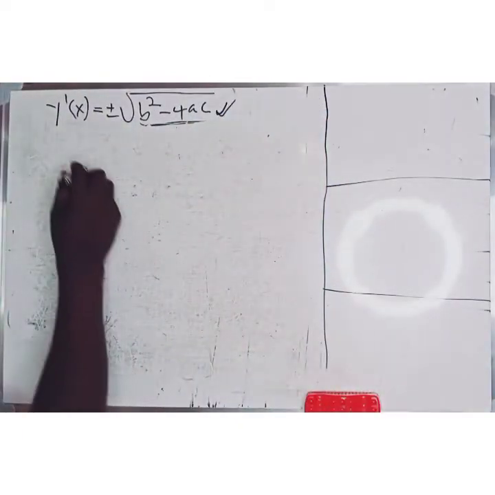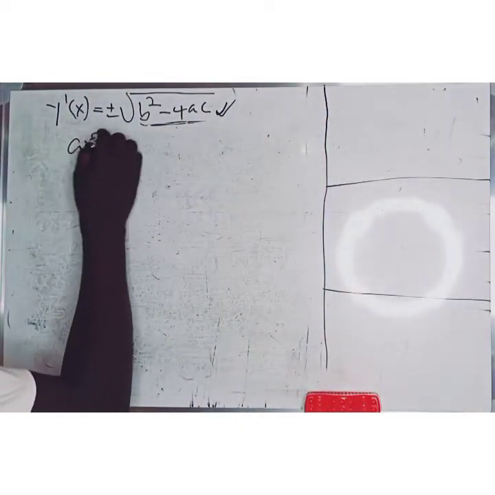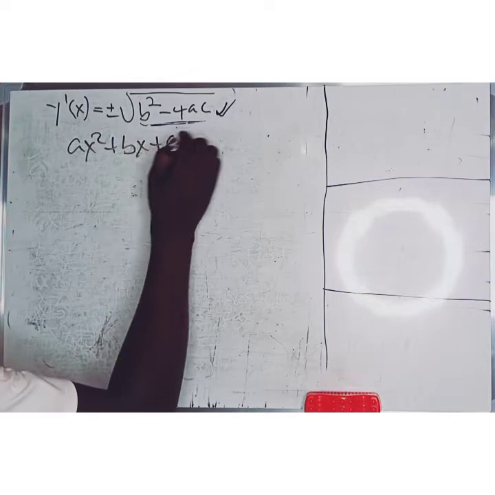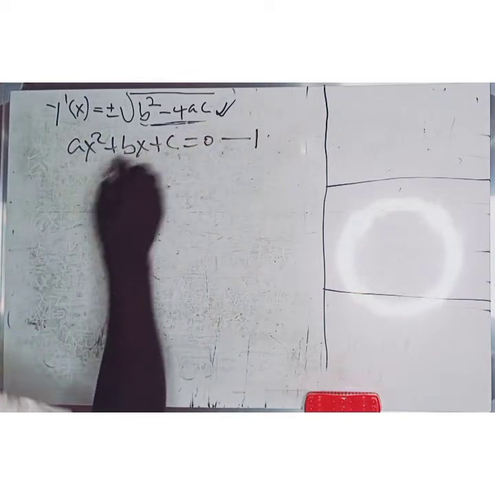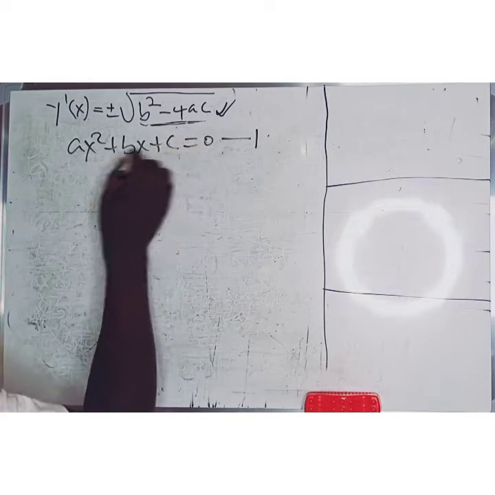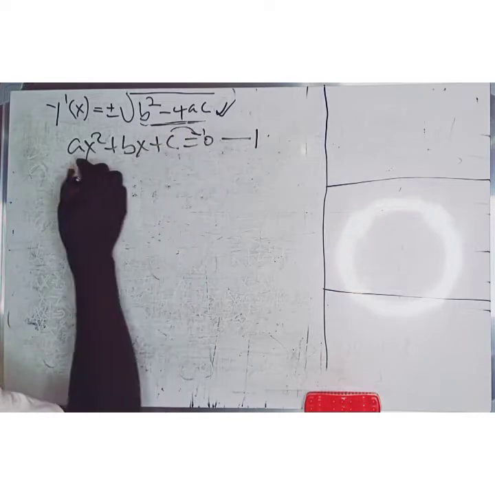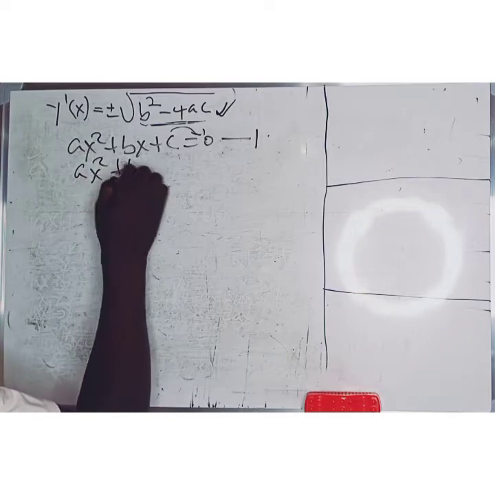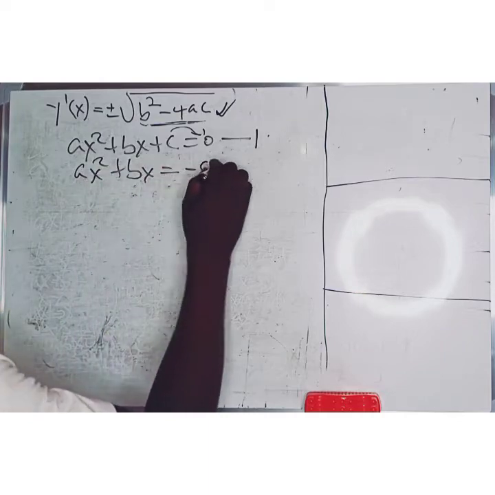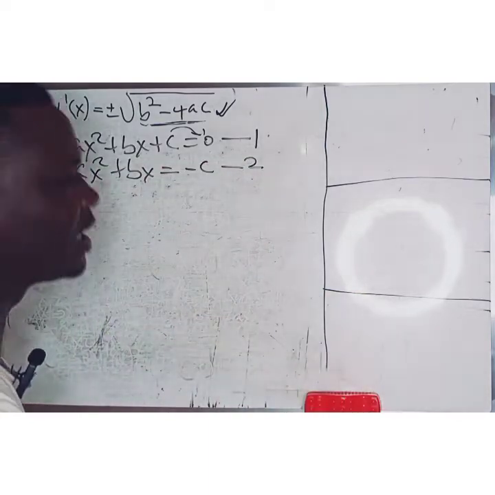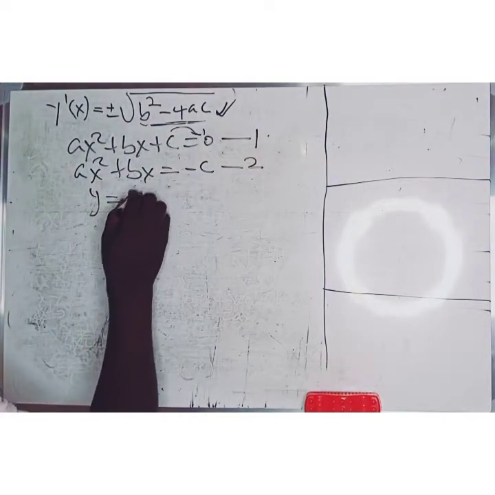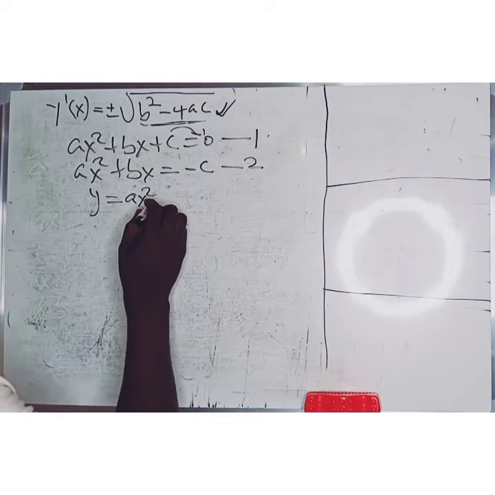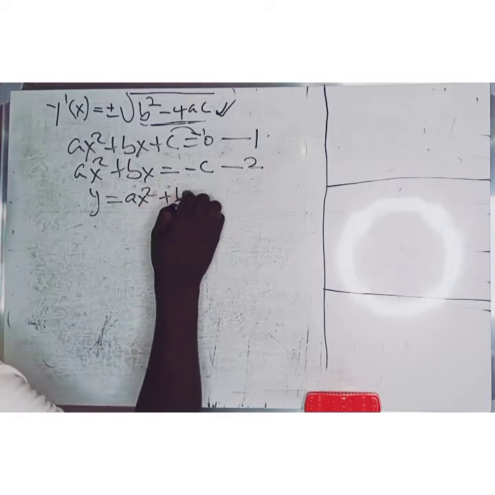Now let us do this. We have ax squared plus bx plus c equal to 0, call it equation 1. Let us take c to the right hand side. We have ax squared plus bx equals minus c, call it equation 2. Second step, let us set y equals the left hand side of equation 1, ax squared plus bx plus c,